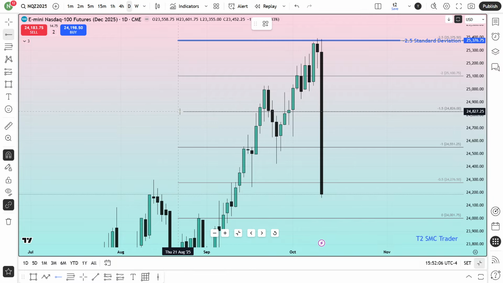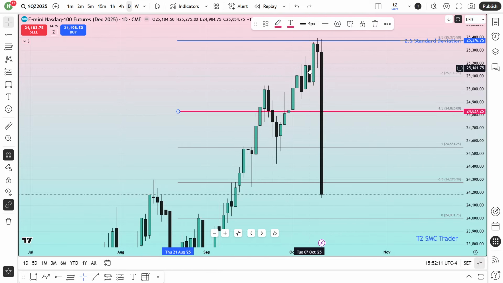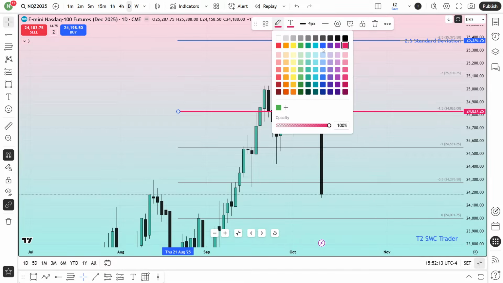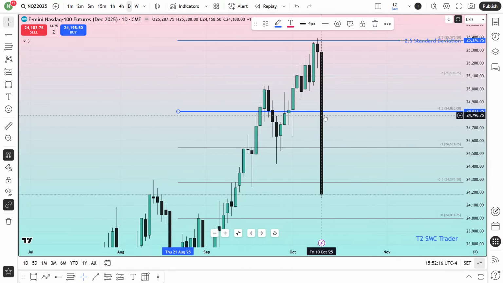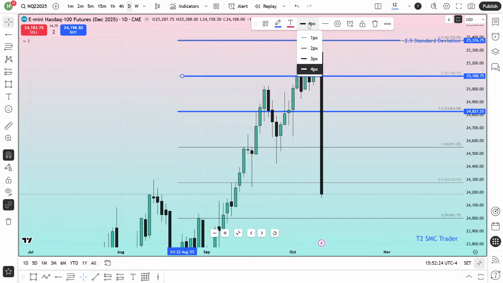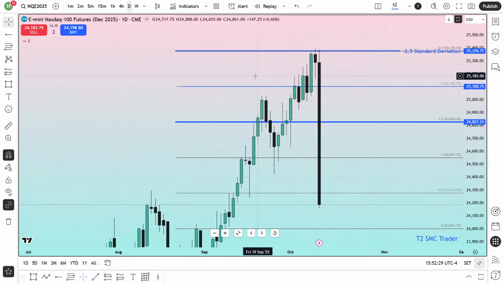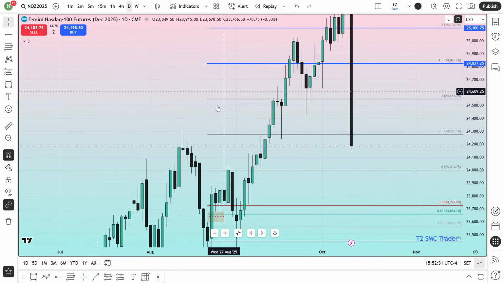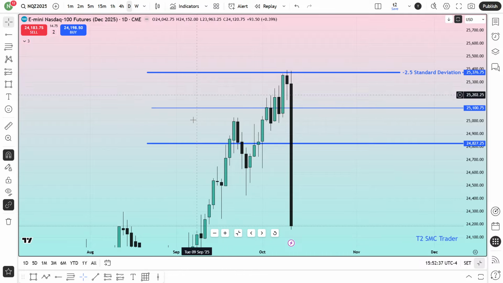When I remove this standard deviation fib, you will be able to see there is a line which is the -1.5 standard deviation. This is the strongest line. Then I'm going to mark -2 standard deviation as well, because it will be important for me to explain the price action, and I'm going to keep it a bit thicker. This is -2 standard deviation and -2.5 standard deviation. I'm going to remove this fib now, and you will be able to see these three lines: -1.5 standard deviation, -2 standard deviation, -2.5 standard deviation.